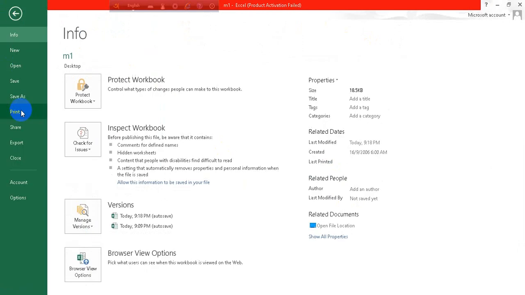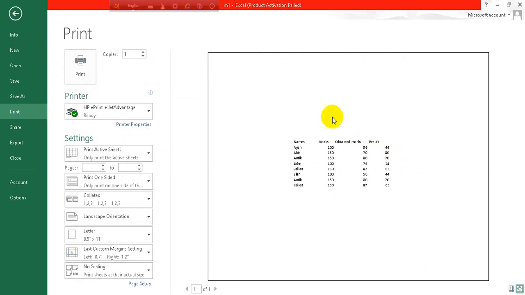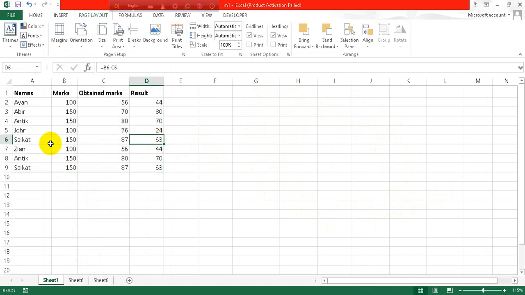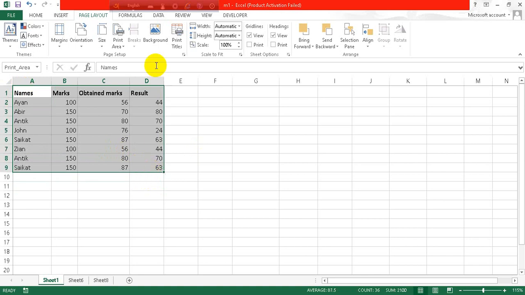Now let's go to this print option. As you can see, it's just selected. The whole print area is shown here. In the previous way, it was not shown because only this cell was selected. It will show you the cell you have selected. As I have now selected the whole cell and I have set it to the print area, that's why it's